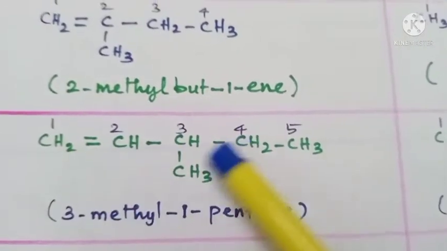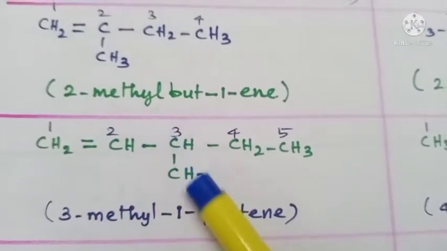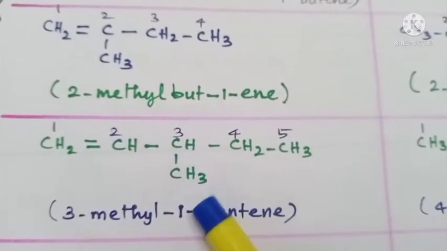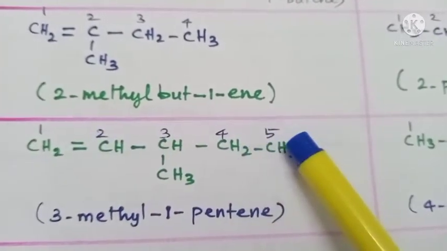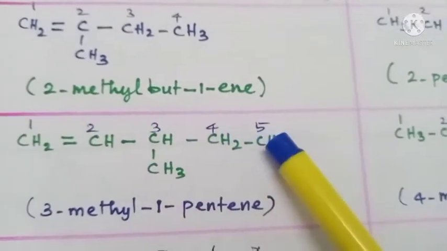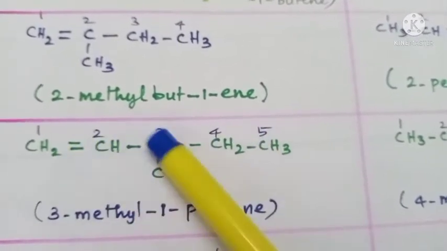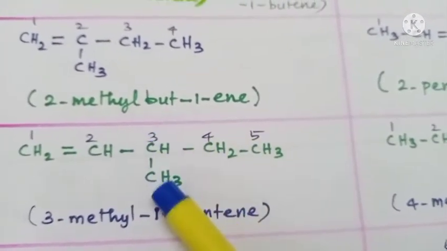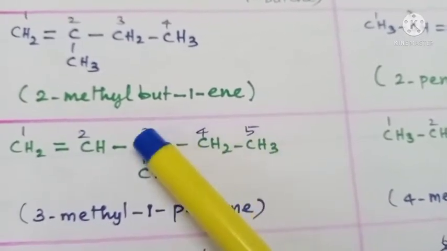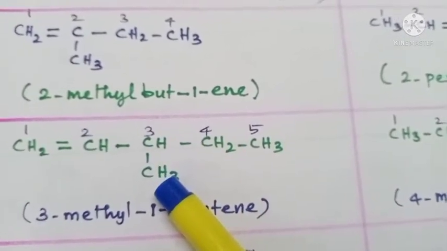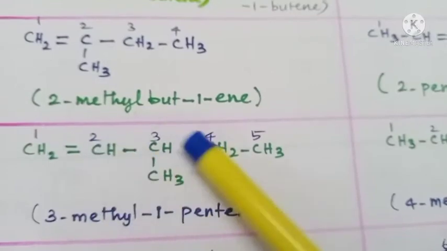Right, here this is the longest carbon chain. Okay. You cannot go for this because this has only 4 carbon atoms. This is also not possible. Okay. Because there is a rule that double bond should be a part of longest chain. Okay. This is not possible. This is also not possible. This has lesser carbon. This is not possible because double bond is not coming as a part of longest chain. So we have to go horizontally.